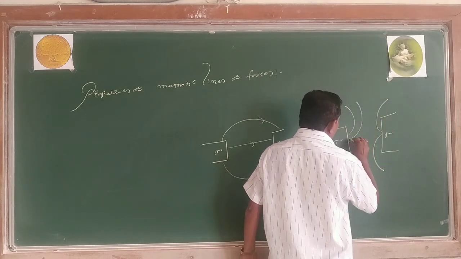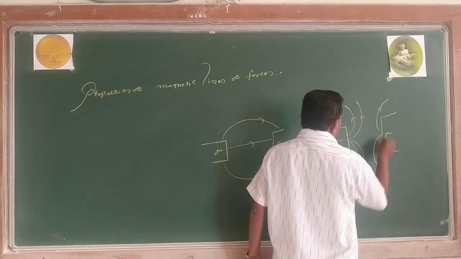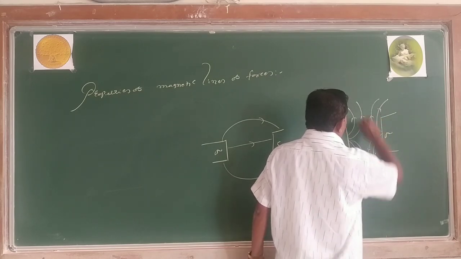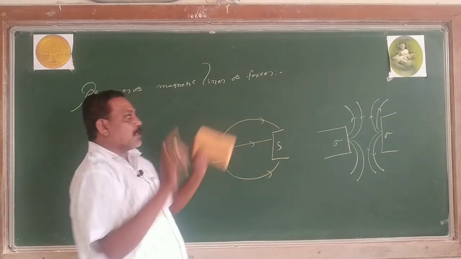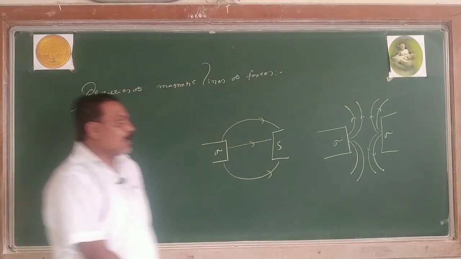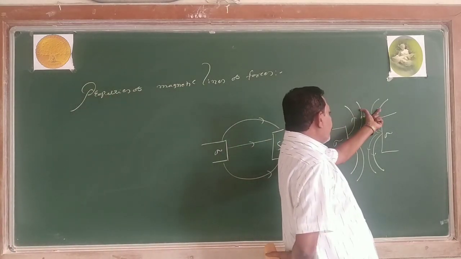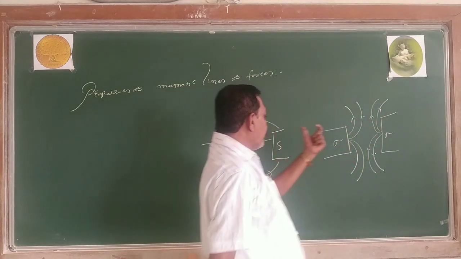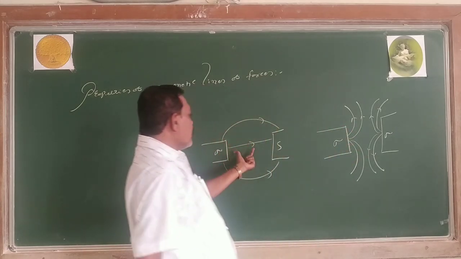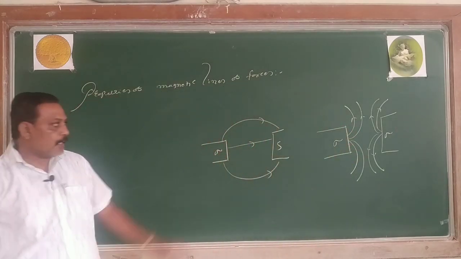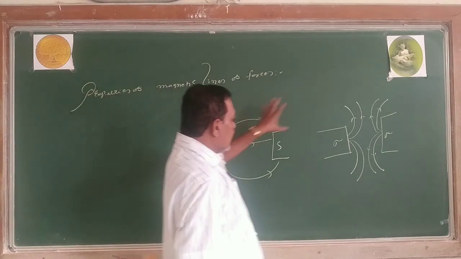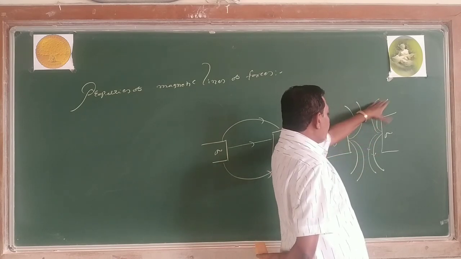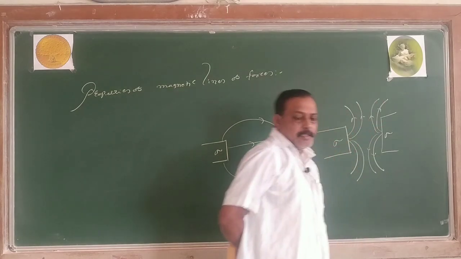If I take north and north, the magnetic lines of forces diverge. They are shifting sidewards. That indicates a lateral pressure is exerted by the magnetic lines of forces, which means there is a force of repulsion. Like poles repel, unlike poles attract. Contracting along the lengthwise direction, unlike poles attract, while exerting lateral pressure on each other, like poles repel.